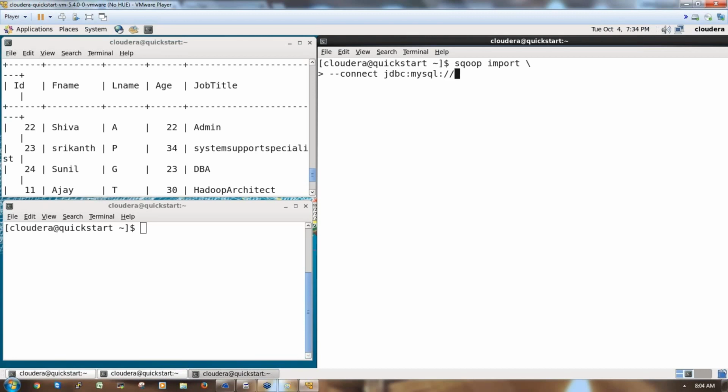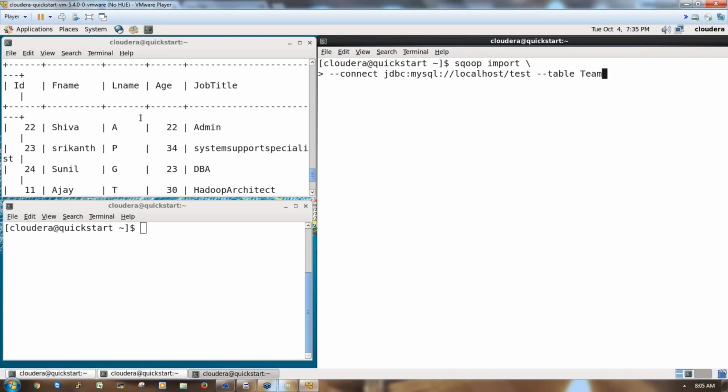In which machine is MySQL configured? Here I have configured MySQL on the same machine, so I'm using localhost. So connect jdbc:mysql://localhost, using the JDBC connection, with MySQL as the RDBMS configured on localhost, and the database name is test, and then write --table, and which table you are trying to import.